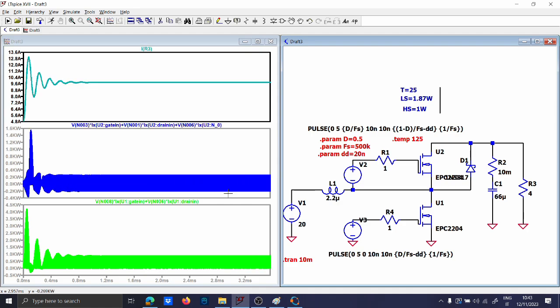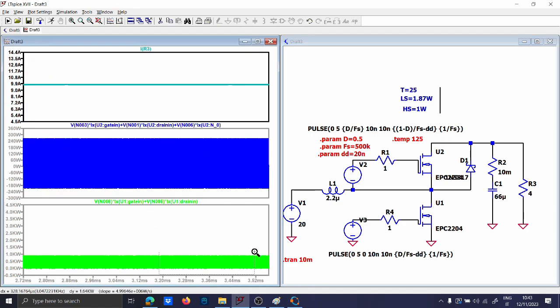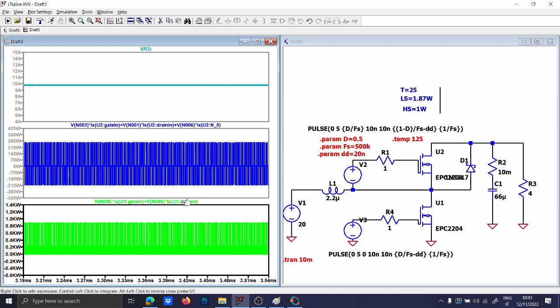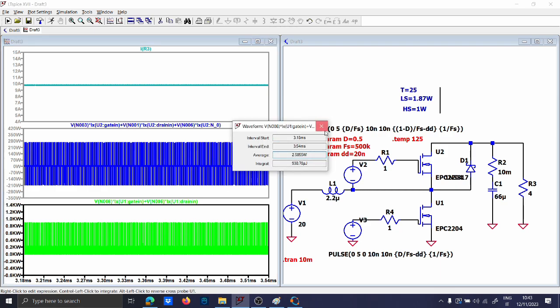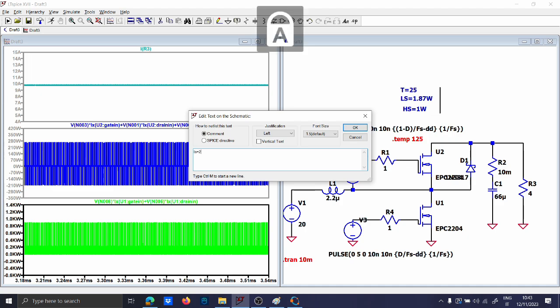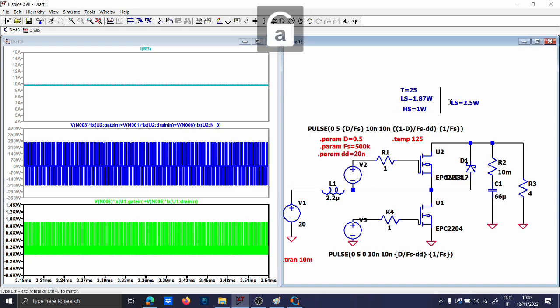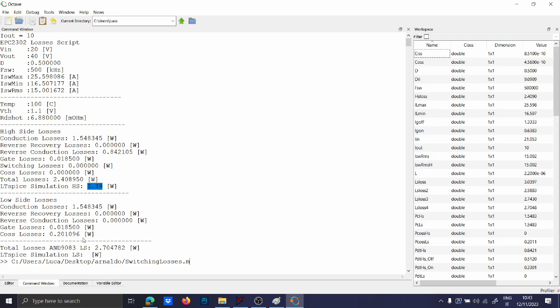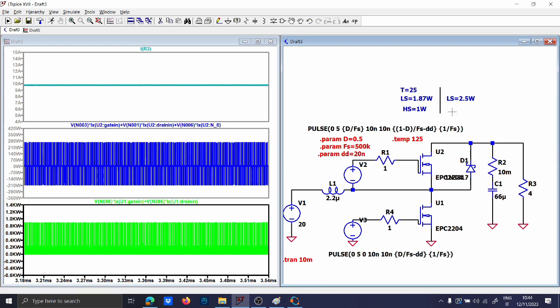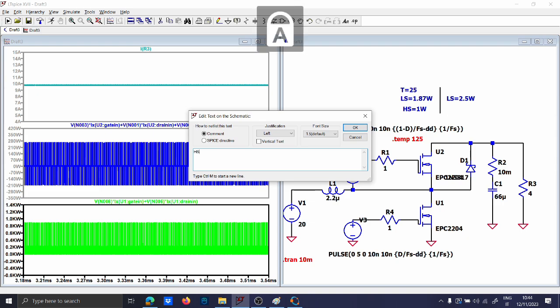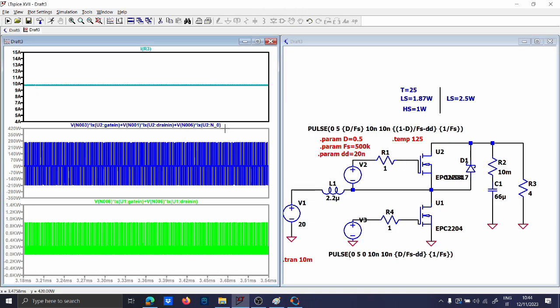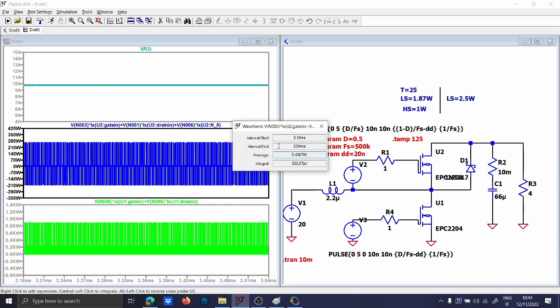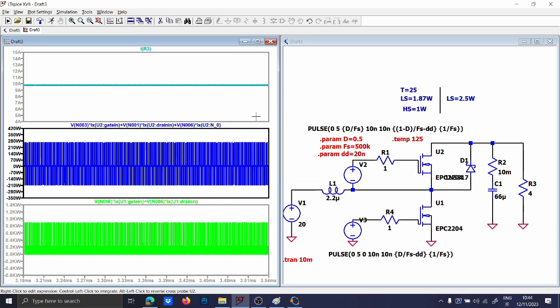Okay, now let's take again the same intervals, which was more or less around here. So this is the low side. Now you see that the low side has 2.5 watts. And oh, so the total side at 2.7. Now it is correct. It was really strange to see a really big difference. And the high side, now you see that the high side has really increased. 1.4, and the